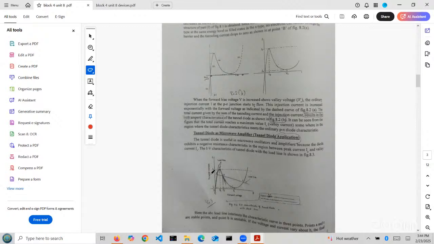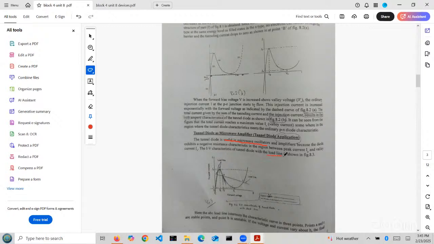Slope joining the 2 points and cutting the curve. Same way here for this tunnel diode for microwave amplifier applications, to the same VA characteristics graph. The tunnel diode is useful in which condition? Microwave oscillator. As the diode exhibits negative resistance characteristics, in the region between the peak and valley point, I am drawing a